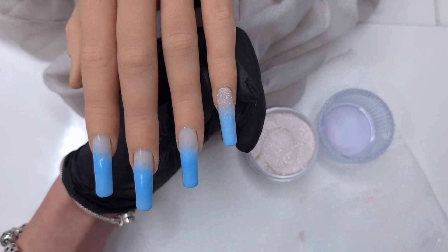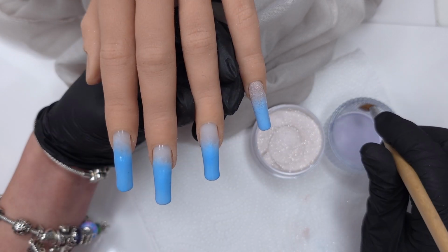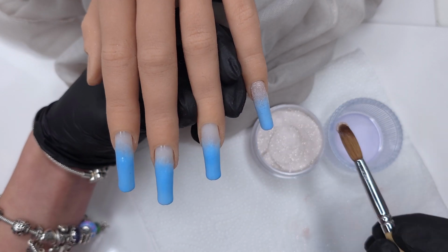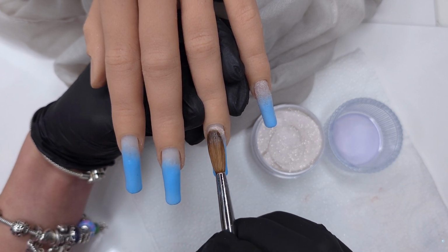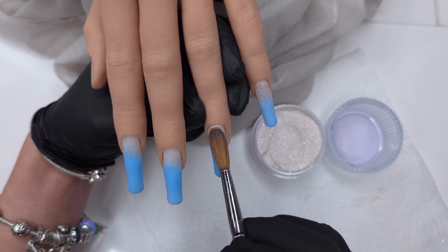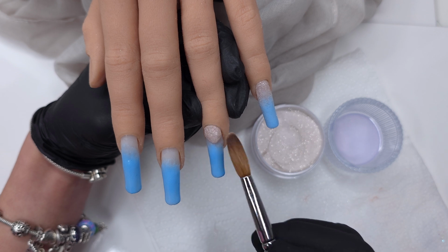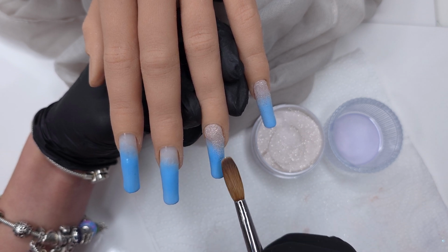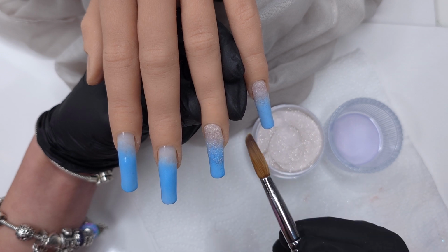But because of how glittery this is, I knew that if I did it that way, the glitter would have overtaken the blue. So sometimes when you're working with different systems, you've got to work slightly differently, and it's mainly because this glitter acrylic is jam packed with fine sparkles. It's an absolutely stunning color, but it's very, very sparkly, so it wasn't necessarily what I had in mind for the design that I wanted to do, but I still really wanted to include it